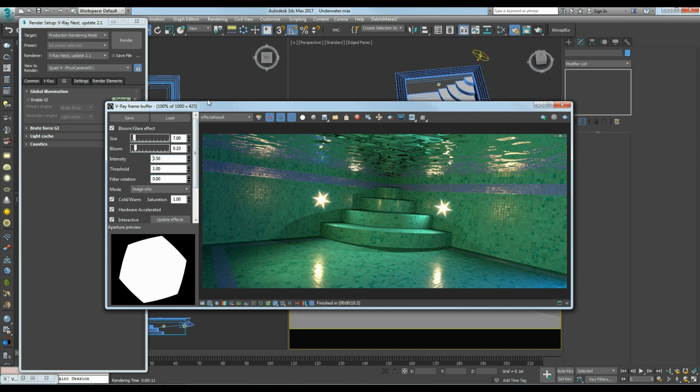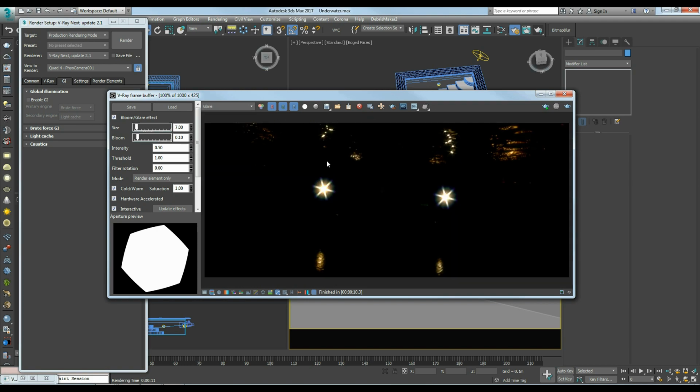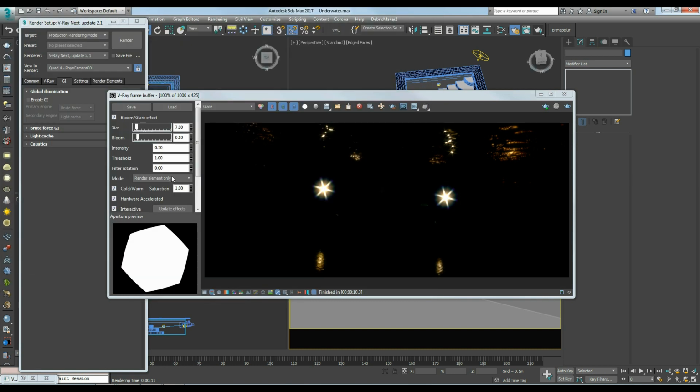For animations, it's easier if you have a separate element with this glare effect. So I'm going to change this to render element only. Now I have the RGB, and here I have a special pass called glare, and I can blend it in post-production with more freedom.